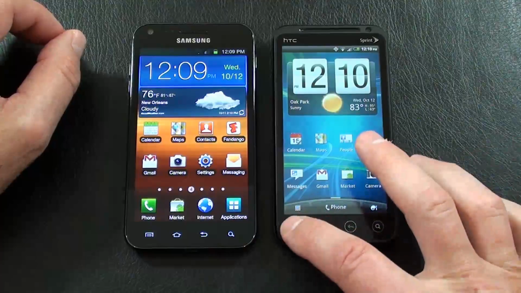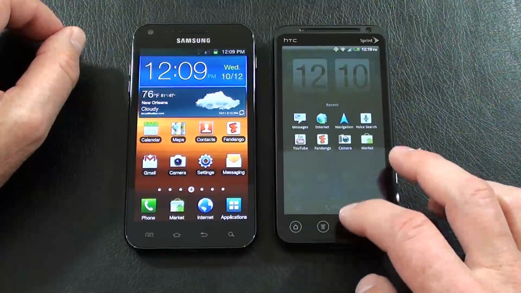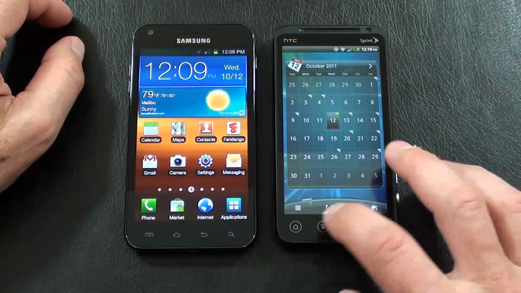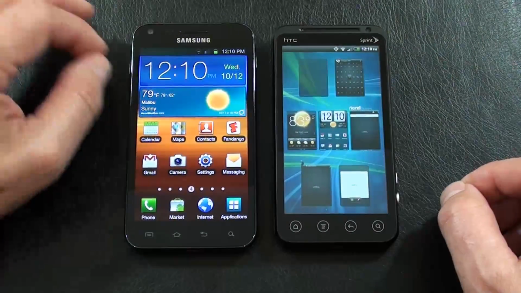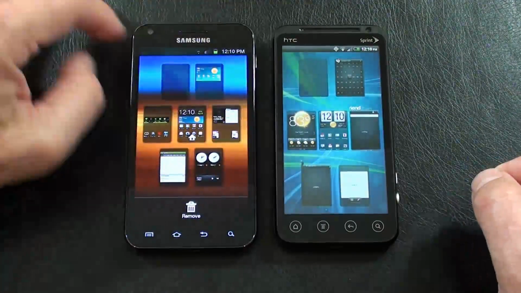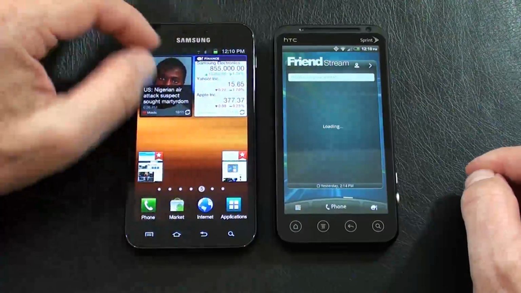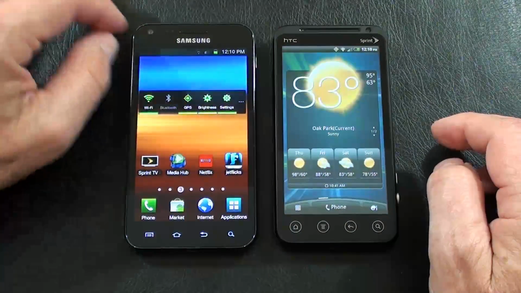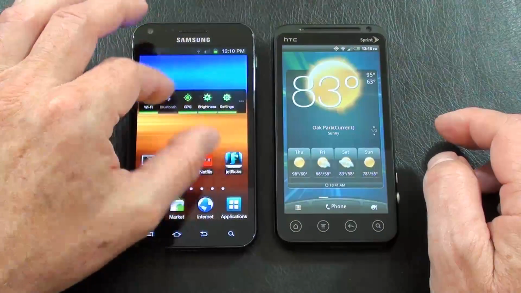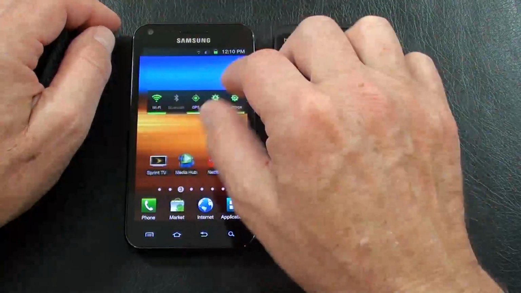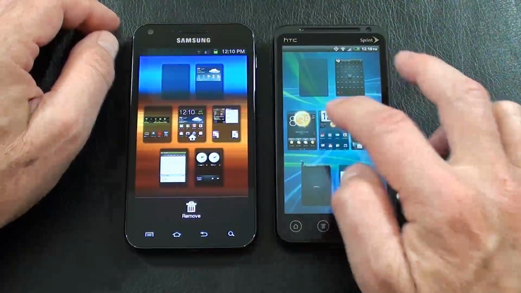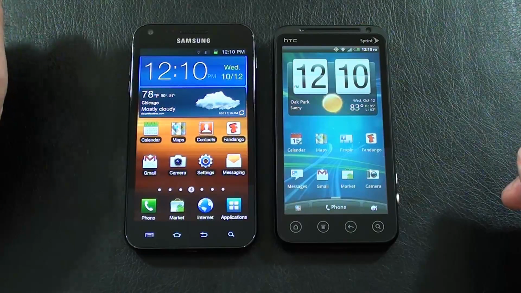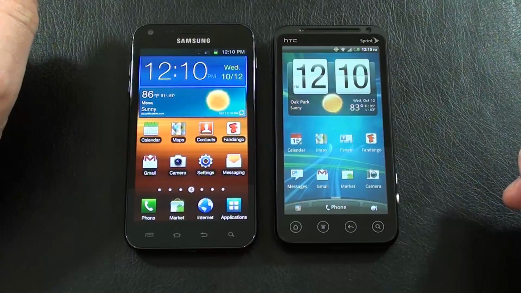So that's pretty handy to have on that. As far as shortcuts, holding down on the home key, from the home screen, pushing down on the home key will open up a 7-panel overview. And again, you can tap on any one of those on the EVO to go directly to it, push down. Again, you can also squeeze it together. You can do the same thing with the Epic Touch 4G as well. And it seems to work a little bit better, honestly, on the EVO 3D. It's been their technology a little bit longer. But it does work on both. But yeah, the EVO 3D seems to handle that a little bit better. All right, so there's a look at some of the differences in the user interface on the Epic Touch 4G